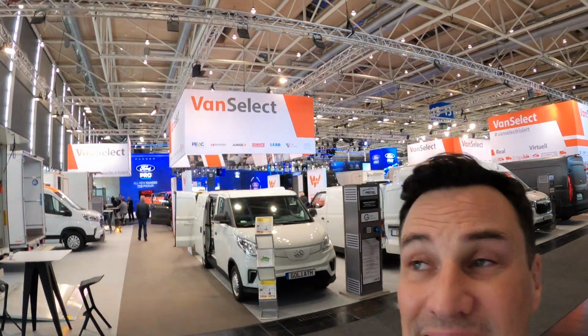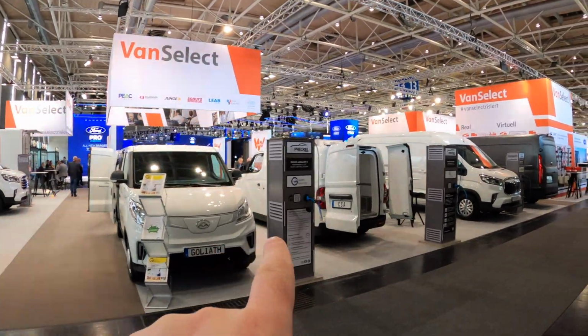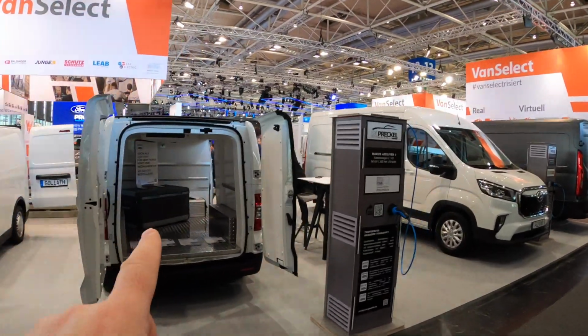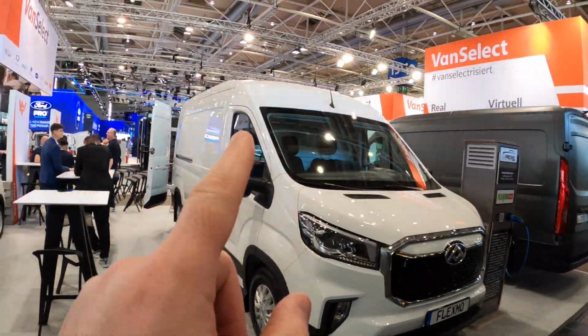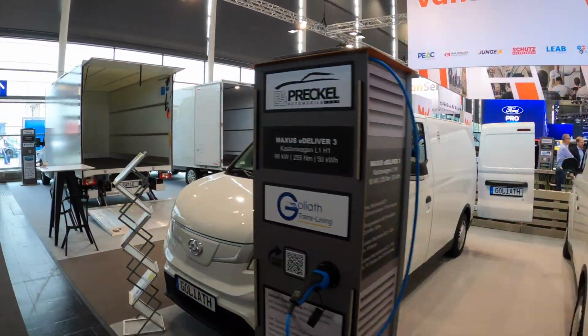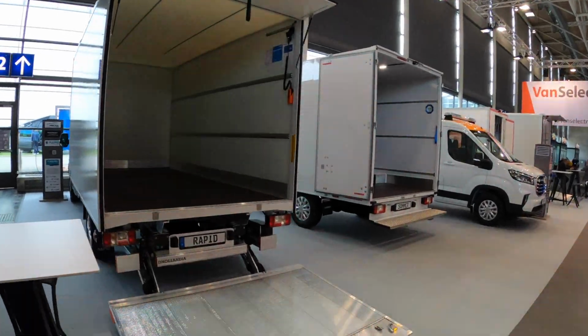Here we are with VanSelect eDeliver 3, which we know well on the channel. Another eDeliver 3, slightly different body on the back of it, yes. So checker plate. eDeliver 9, regular panel van. And then you can see eDeliver 9 with box body, with a